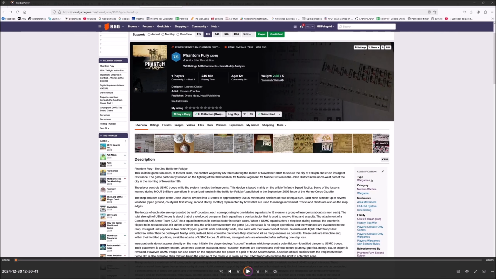In my implementation, I should say, I've used the artwork from both of the Vassal modules. There are actually 2 editions of Phantom Fury. The second edition came out, I think, in 2024. I used the map image and possibly some of the other counter images from the Vassal module for the first edition, and I think most of the counter images and other playing piece images I took from the Vassal module